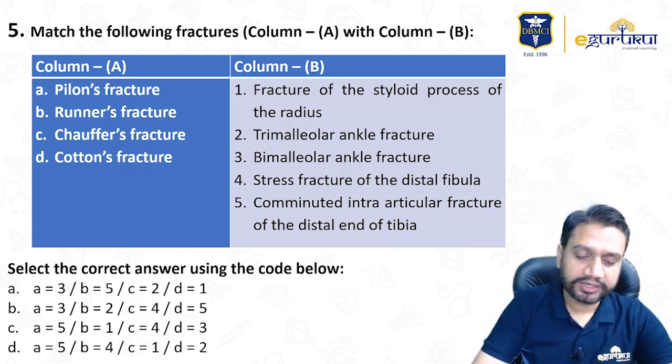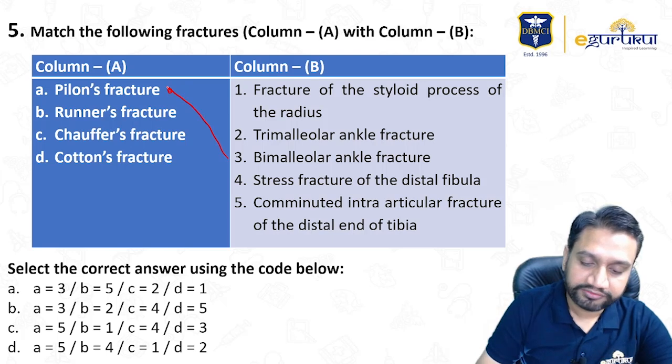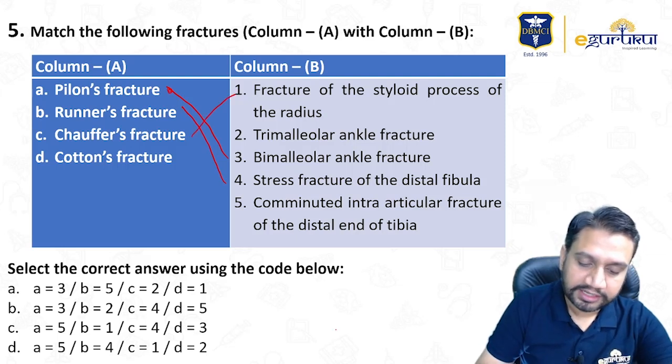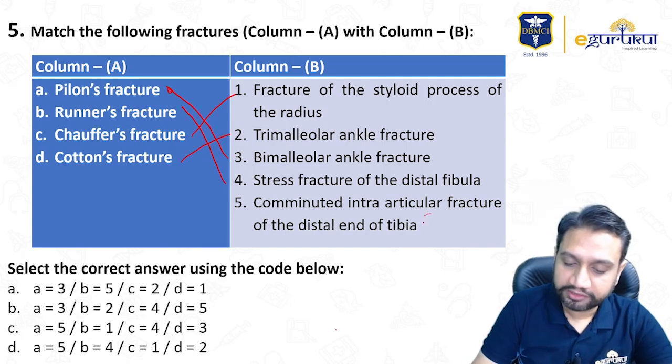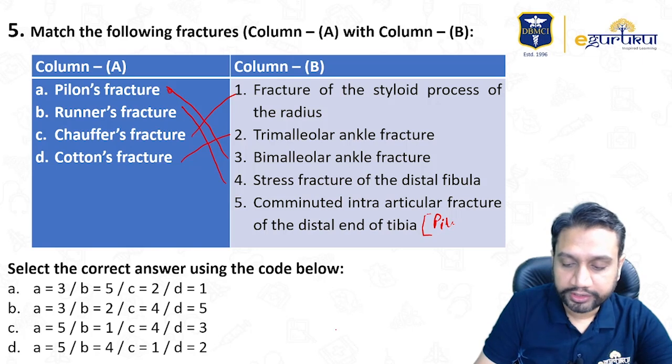Okay, so here you already know that pilon fracture is what? Pilon is bimalleolar fracture. Runner fracture is one which occurs in the fibula. Schoffer fracture is the one which is seen in the styloid of the radius. Cotton's is the one which is known as trimalleolar fracture. Comminuted intra-articular fracture of the distal end of tibia is what we call the pilon fracture. So I want you to recall